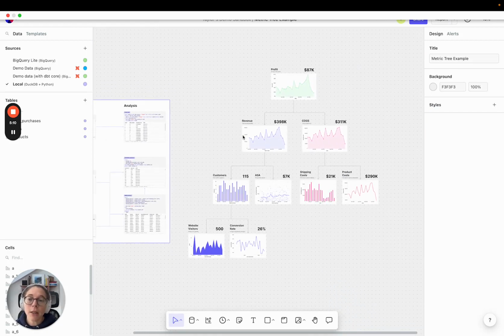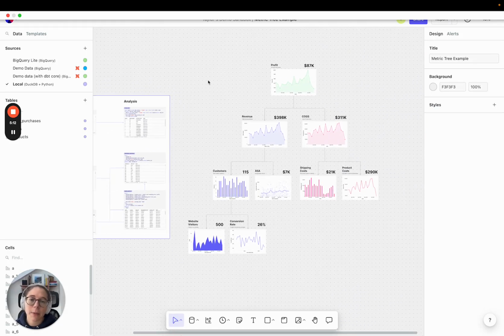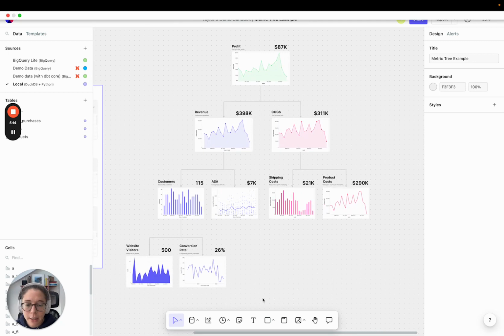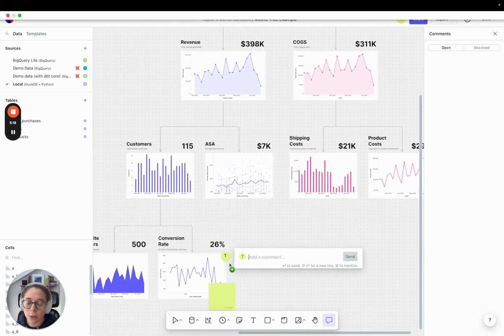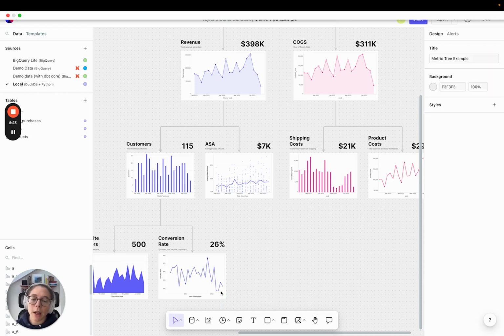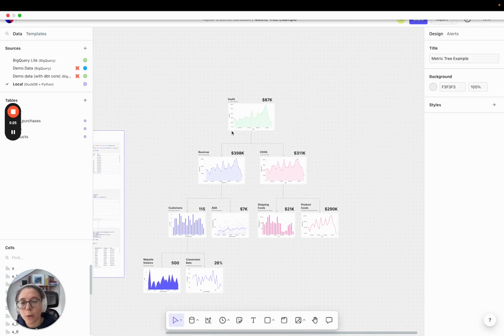Now, of course, when we're ready to share this, we can invite people in and they can look at it just like this. People can add sticky notes and comments and things. Maybe they've got questions about what's going on. They can do that. But we also have another way to share this kind of information, which is in report